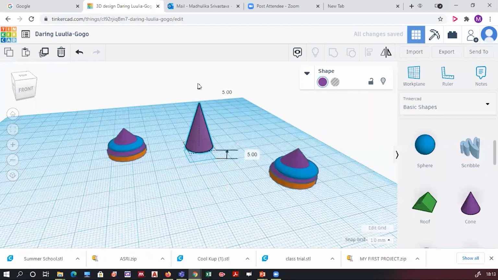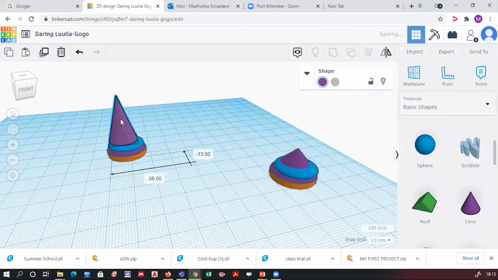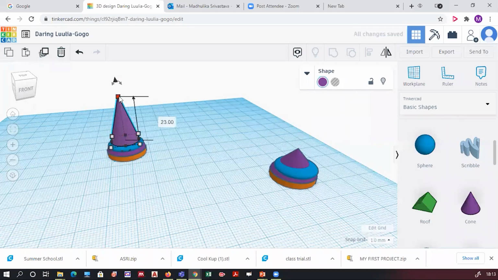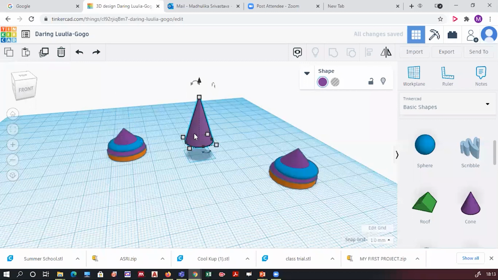Again, raise it and drag it. Diameter is 14 and 14, and height is 23. After doing this, raise the cone. I was here. I have raised the cone and I've placed it over here, above this.